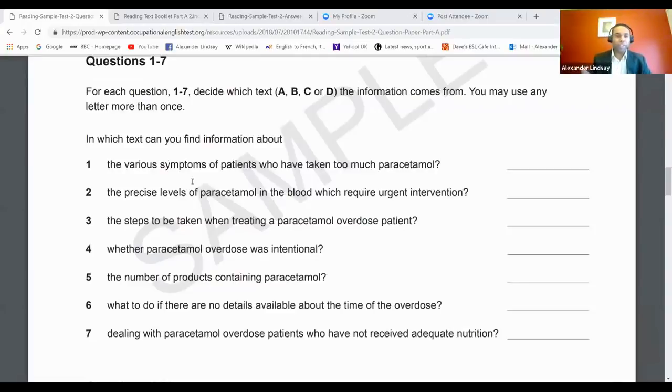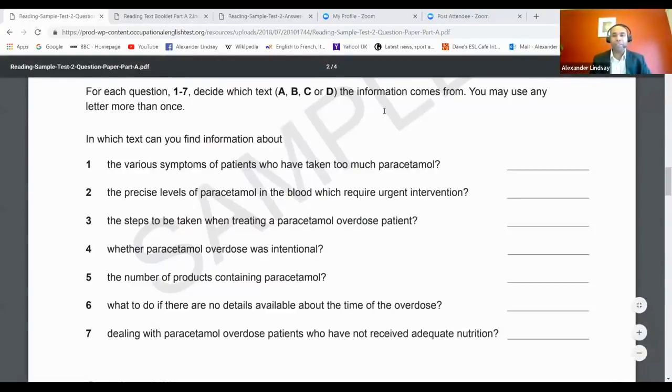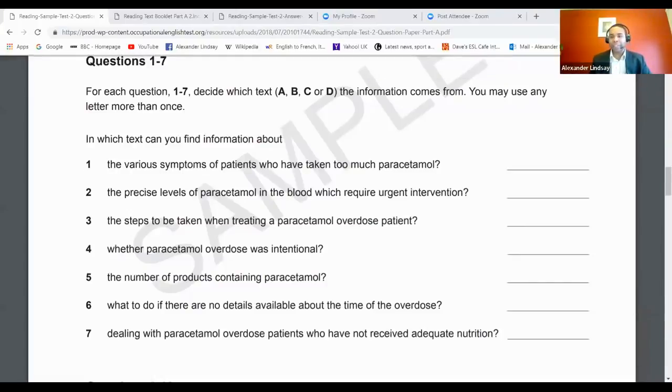But if we just have a quick look, number 1, the various symptoms of patients who've taken too much paracetamol. If you go to the text, and if we're looking at text D, then it says clinical assessment, and then you have it very nicely bullet pointed. It's got things that I can't pronounce, but I can pronounce renal failure, lactic acidosis, and so straight away you're looking